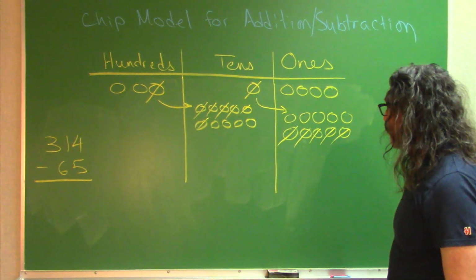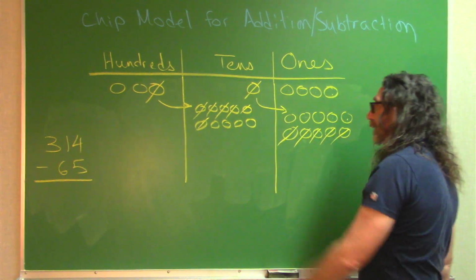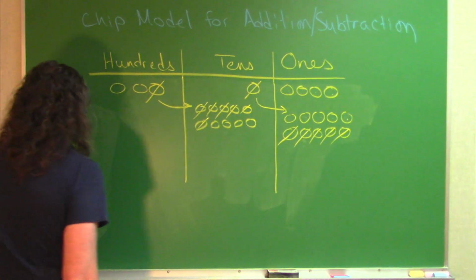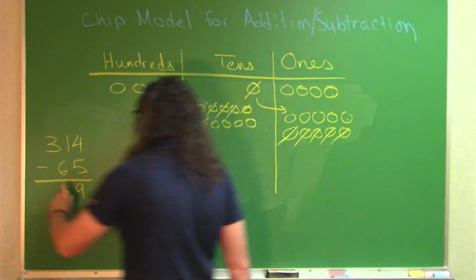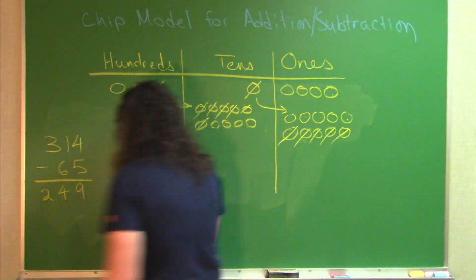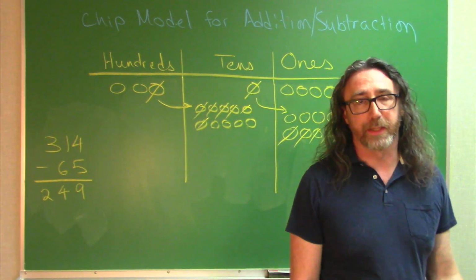And we can see right here, what am I left with? 1, 2, 3, 4, 5, 6, 7, 8, 9. 9 right there. 1, 2, 3, 4. And 2. Okay? I'm left with 249. Okay, now if we were to